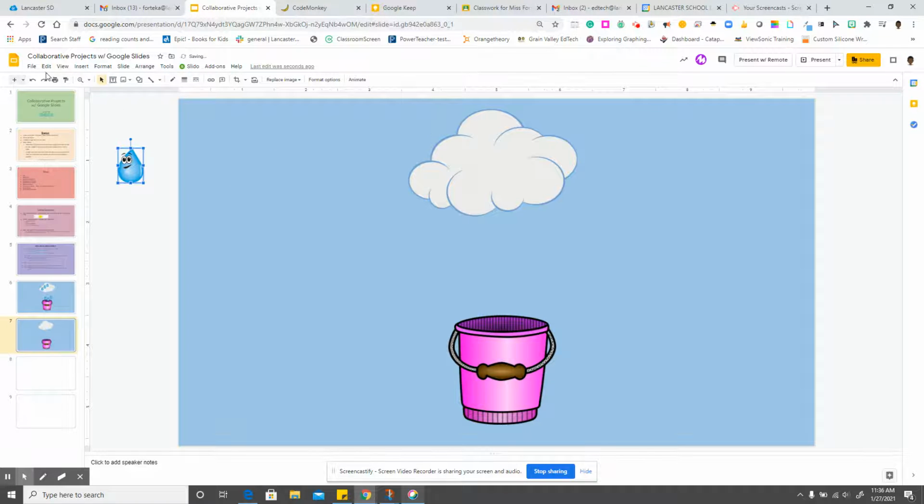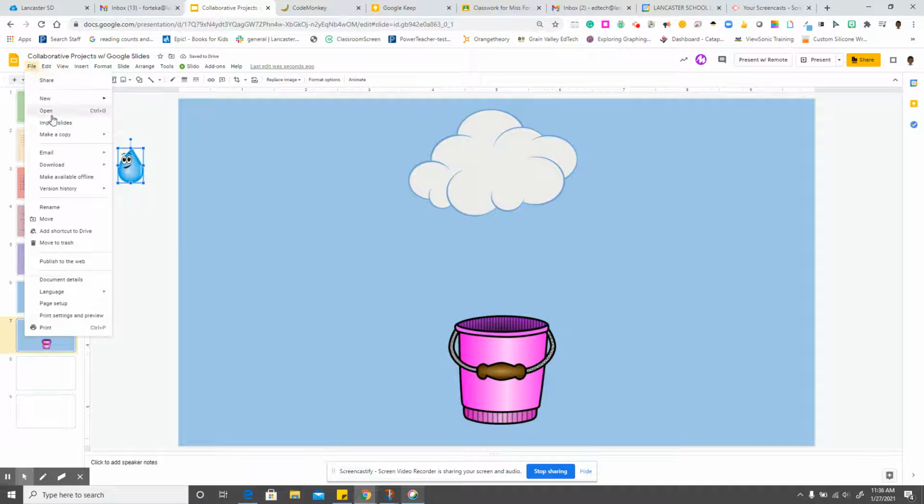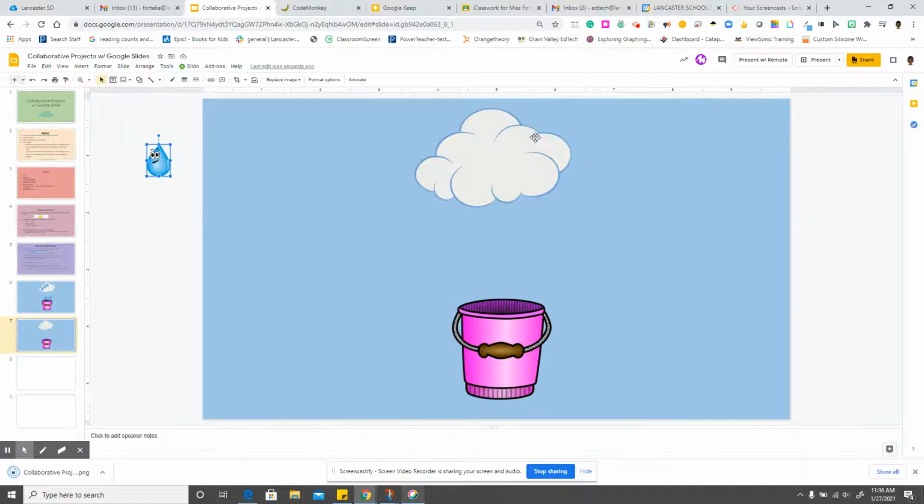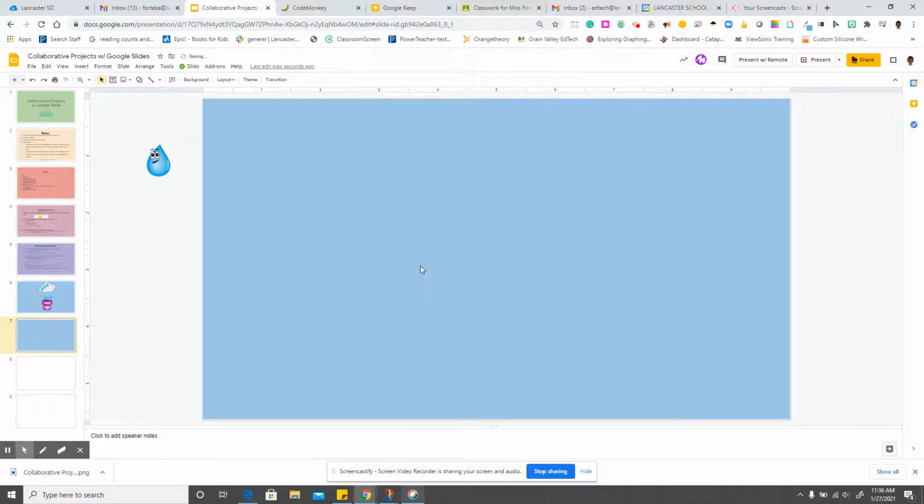Then I'm going to go up to File, Download, and I'm going to choose PNG image and make sure it says in parentheses current slide. It's going to download a copy of the slide in the way that I set it up. From there, I'm going to delete those two images